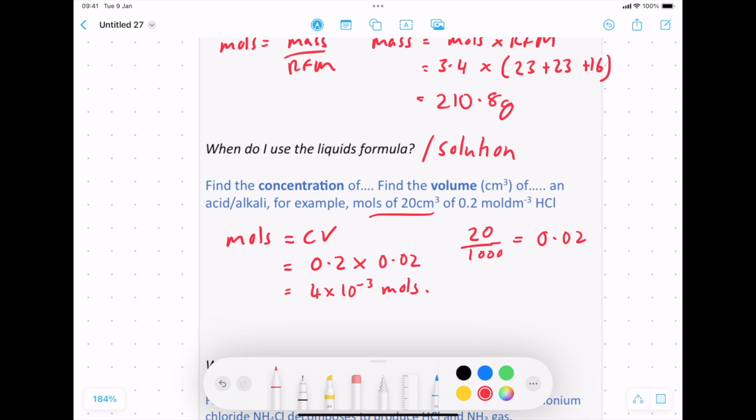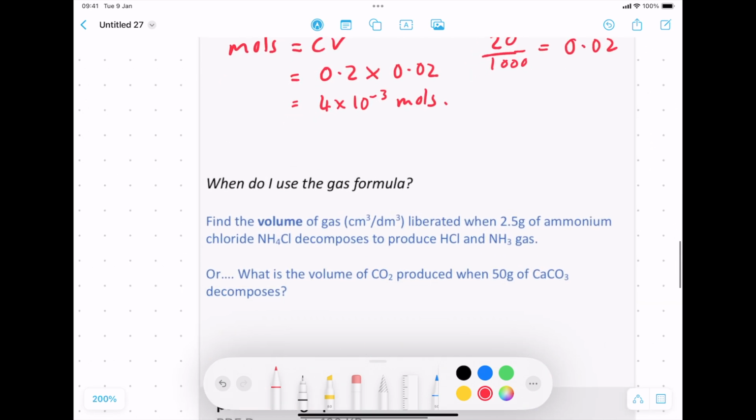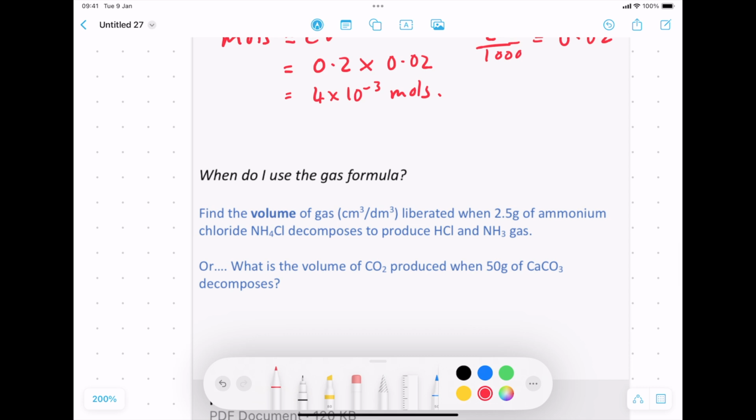So to use the solution formula, the concentration formula, again, the question will talk about find the concentration of, or find the volume of, and it'll be liquids reacting in the equation. Finally then would be an example of a gas. So let's look at this one. Now we'll mention volume. You've got to be really careful that you don't use the concentration formula by mistake, as in the example I mentioned above, and that you specifically use the gas formulae when presented with this sort of